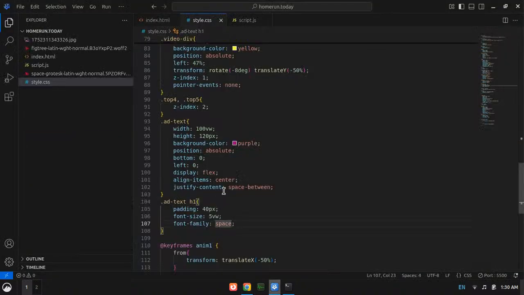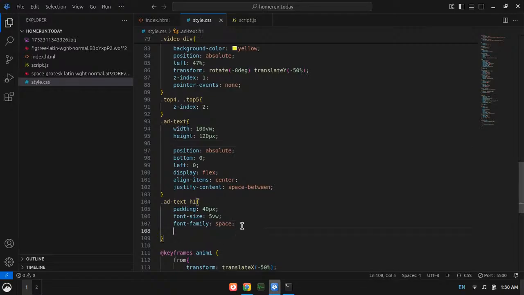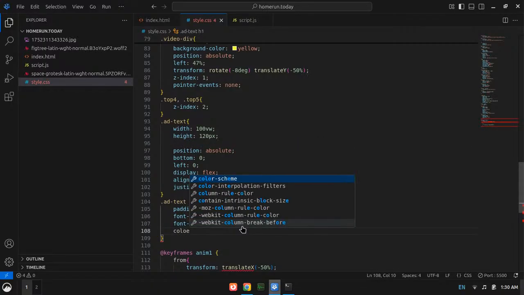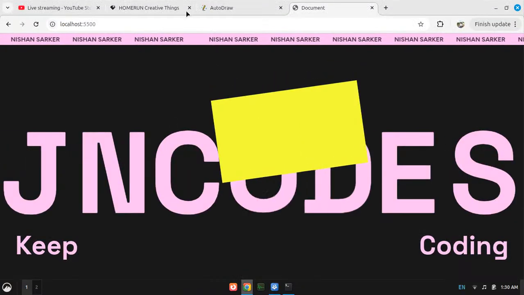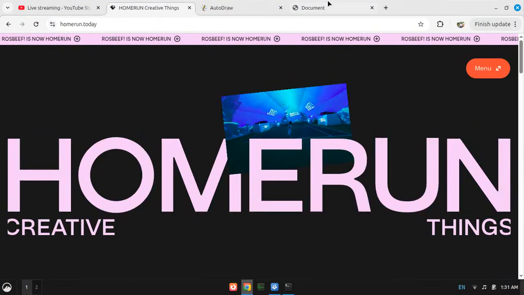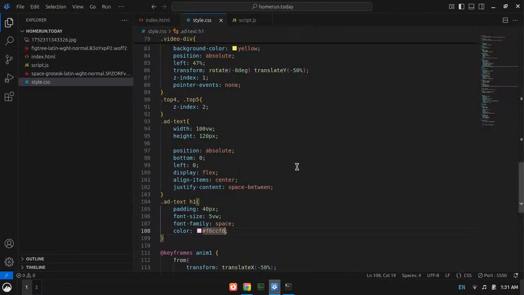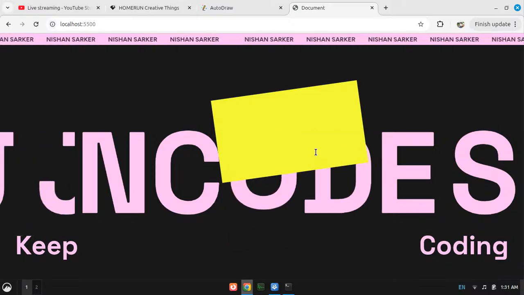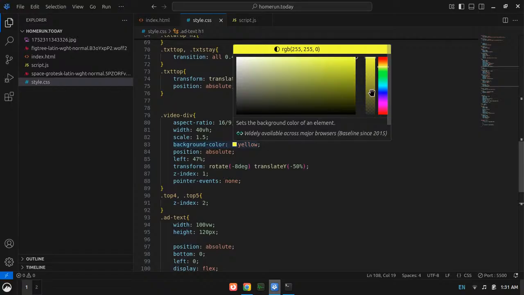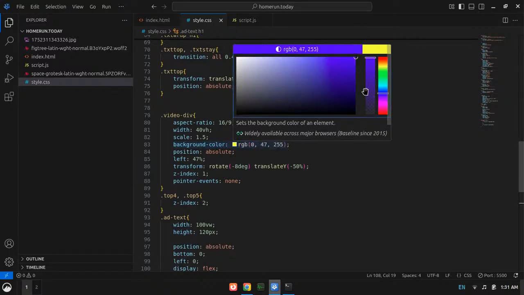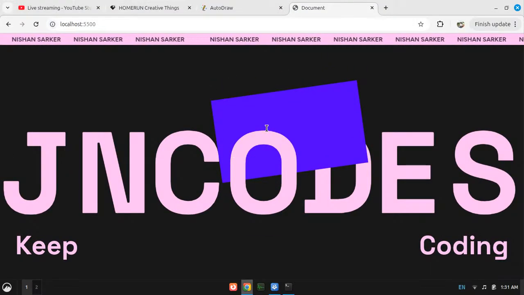And now the background color doesn't need to be there, and the color of this thing would be this, right? Okay, so finally our thing is done till now. And now, in the yellow div, instead of yellow, let's make it blue. Okay, let's make it bluish so it looks good.